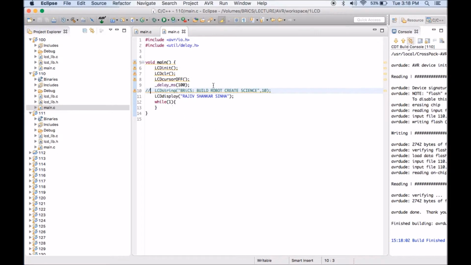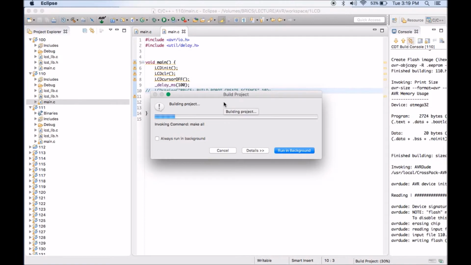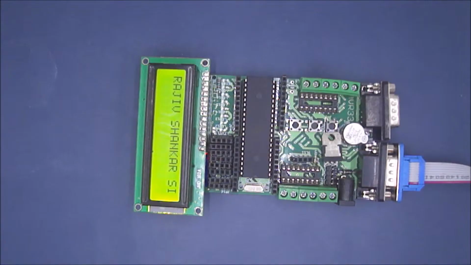Just type LCD display and Rajiv Shankar Sinha, compile and transfer it, and it will get printed on the display. So you can see it's printed Rajiv Shankar Sinha. The size of the display is only 16 characters, so the character next to NHA is not visible. In the next tutorial we will learn how to see those characters which are not visible.